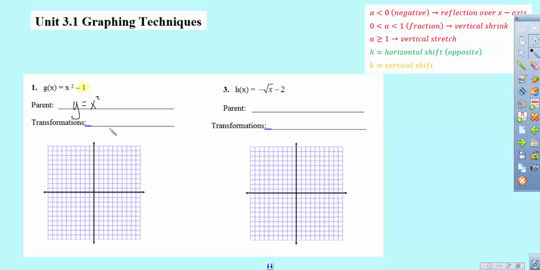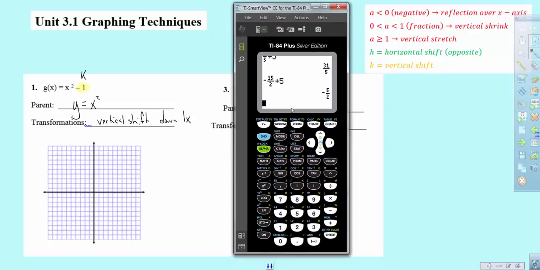Hopefully you're looking back at your notes and you're like, okay, that's the k value, right? So this is going to be a vertical shift down one time. Alright, so we pull out our graphing calculator, we go to y equals, clear out whatever's in there,